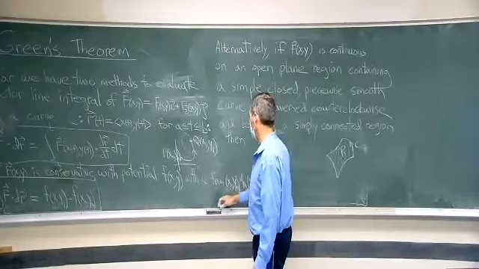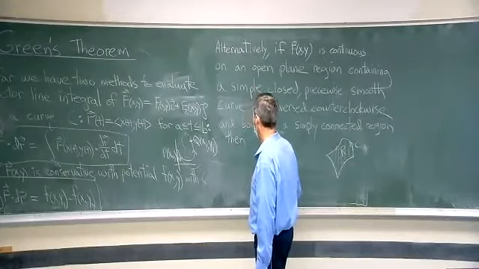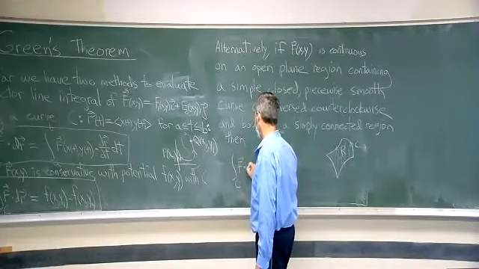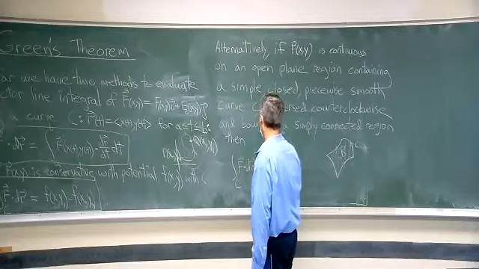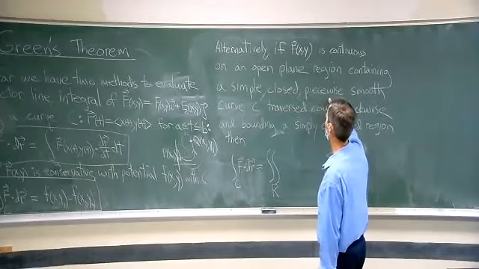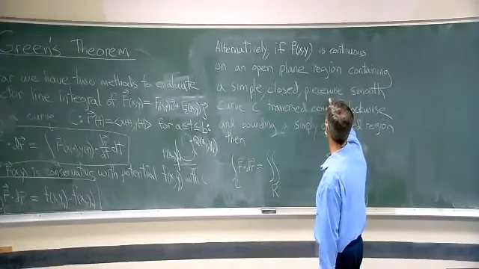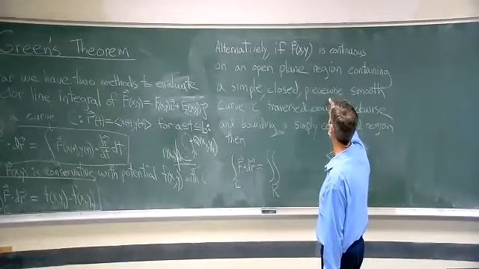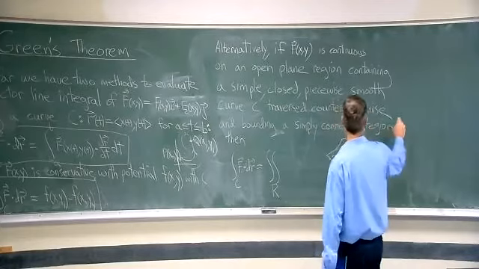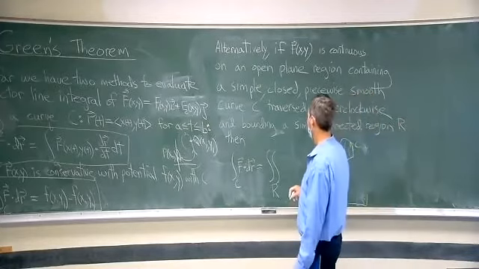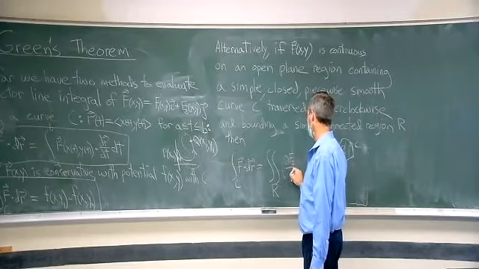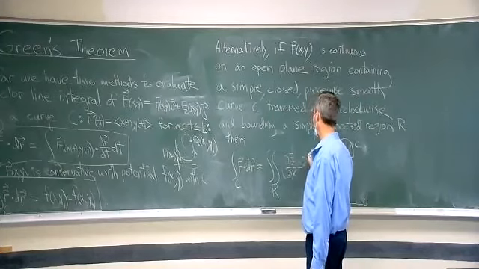You can evaluate the line integral of F dot dr by a double integral over the enclosed plane region R. Then you take the double integral over the enclosed plane region, of dF2/dx minus dF1/dy